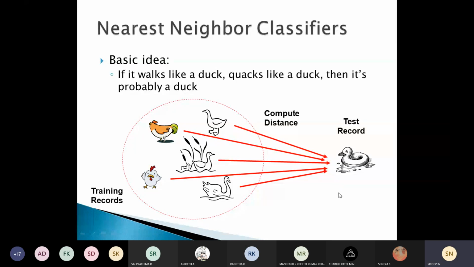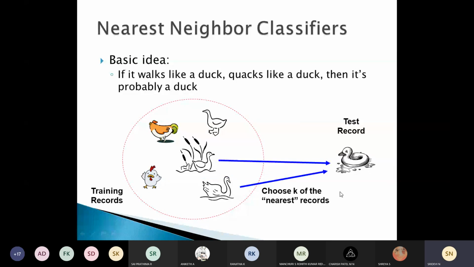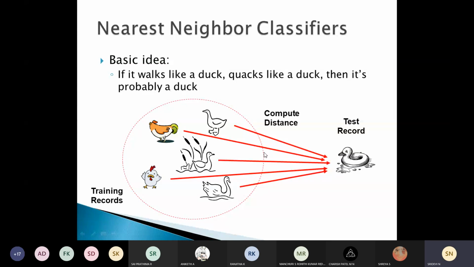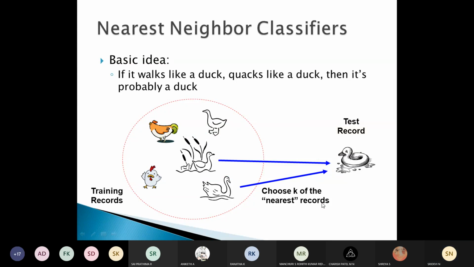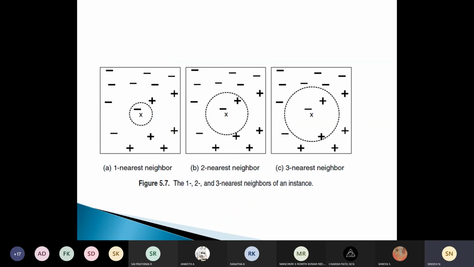If k is equal to 1, we have chosen those two. These two were the nearest points, so we have just chosen those. Depending on the k value, if k is 1, we find the first minimum distance between the test record and the one having similar attributes to the test record. k equal to 2 means the 2 neighbors with the smallest distance from this test record, and 3 means 3 records. Likewise, k can be 1, 2 or 3.